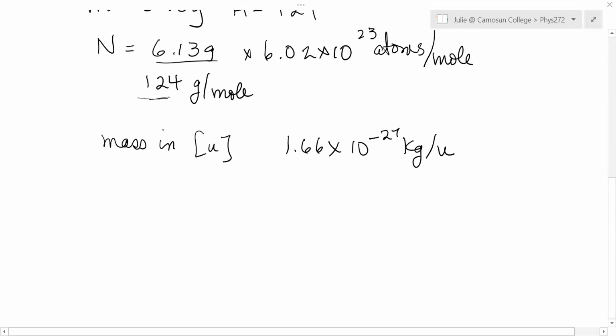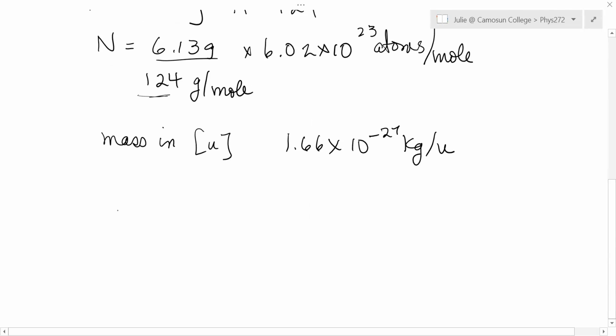Okay, now another thing you'll come across is the activity in a couple of different units. Activity, I give the symbol R. Some people give it a capital A, but I don't want to get confused with A, which is the mass number, the number of neutrons and protons. So we'll give it R. The units for this,